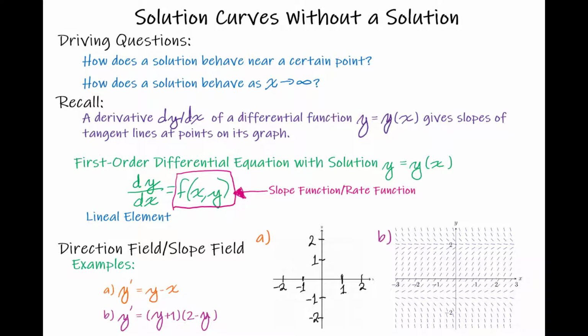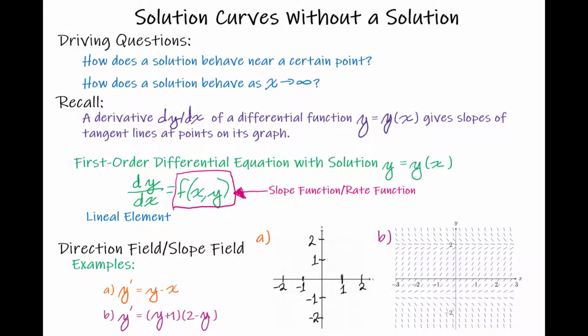So we're going to go through two examples really quick here. The first is going to be creating this direction field or slope field. And the second one will be, if we're given a slope field or direction field, how do we read it? What can we do with it? So let's take a look at creating a direction field or slope field. If I'm given the differential equation, y prime equals y minus x,